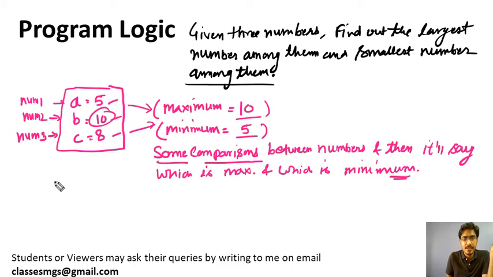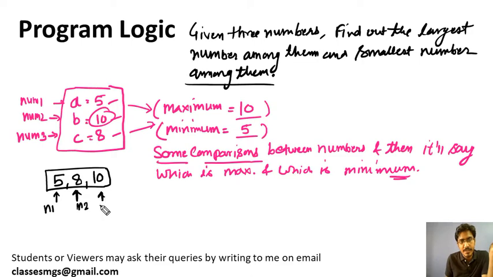Let's suppose in these three numbers, how are you calculating the minimum or maximum? Suppose this is number 1, n1, this is number 2, n2, and this is number 3, n3. Like in my previous video, I compared two numbers,